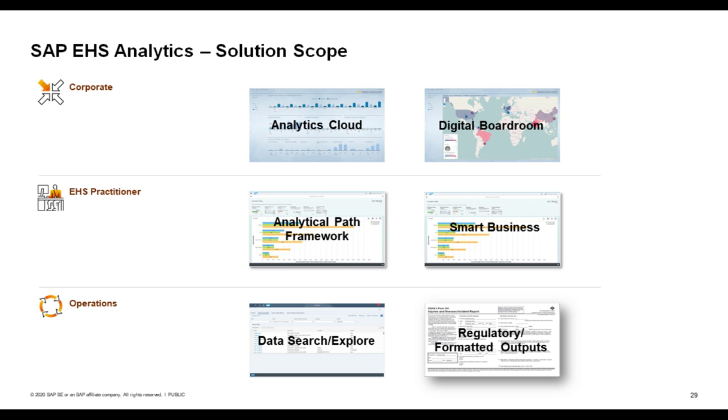But having said that, as we look to design our analytics tools and our outputs, we did think about the three audiences here: corporate, practitioner, and operations. And there are some tools that are specific. There's some data explorer tools, which are more like tabular reporting, formatted outputs like OSHA forms and other regulatory forms. There's a tool called Analytical Path Framework, and another one called Smart Dashboards, which allows more of an end-to-end view of the EHS processes and more of the ad hoc filtering and drill down reporting that the